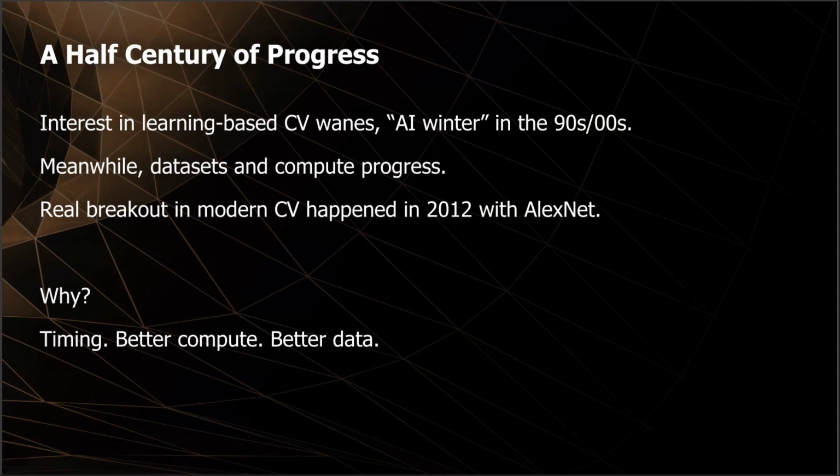And so why AlexNet? Why 2012? The biggest reason is timing. There was much better compute and there was much better data available. And to put this in perspective, we don't have GPUs in 1989. So I'll use a piece of commodity hardware that we should all be familiar with to just illustrate how much better the compute is. 1990 was the Super Nintendo, and it ran at about 1 to 10 megaflops.